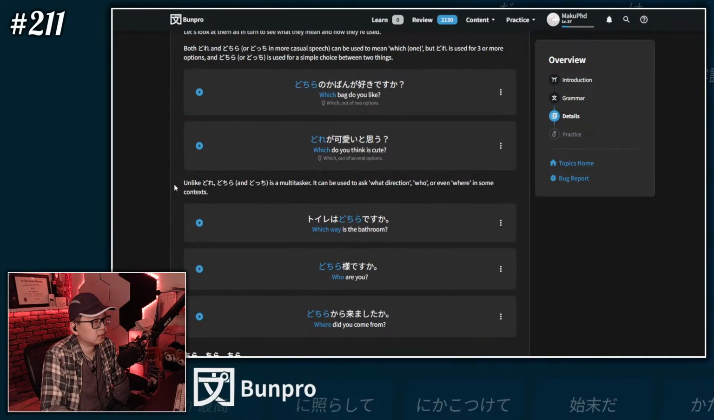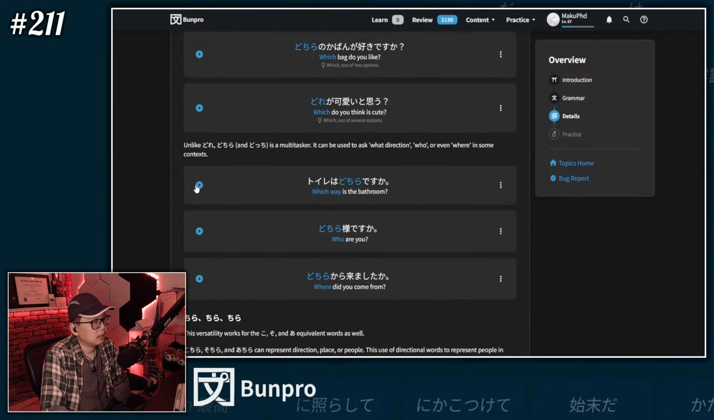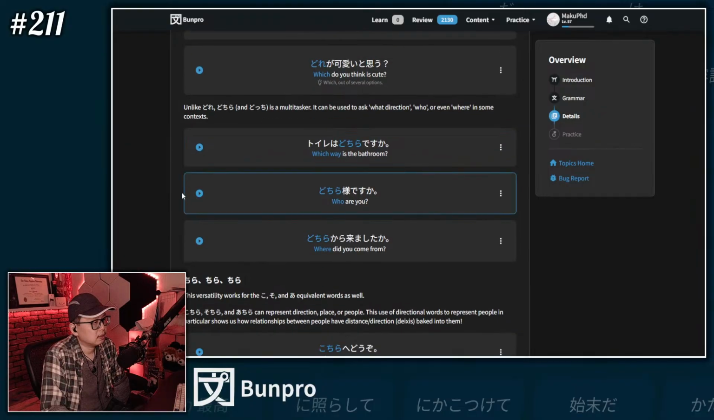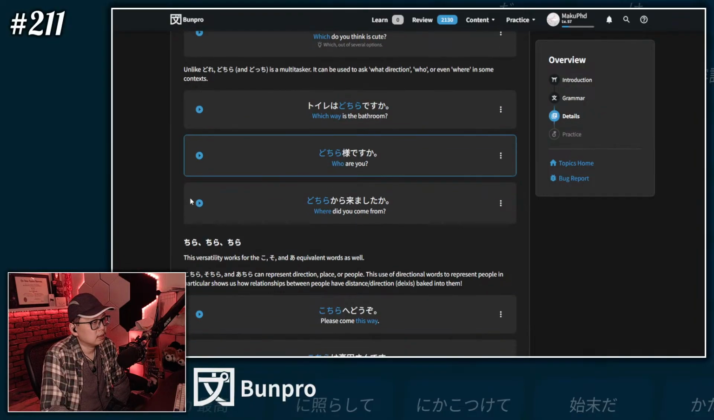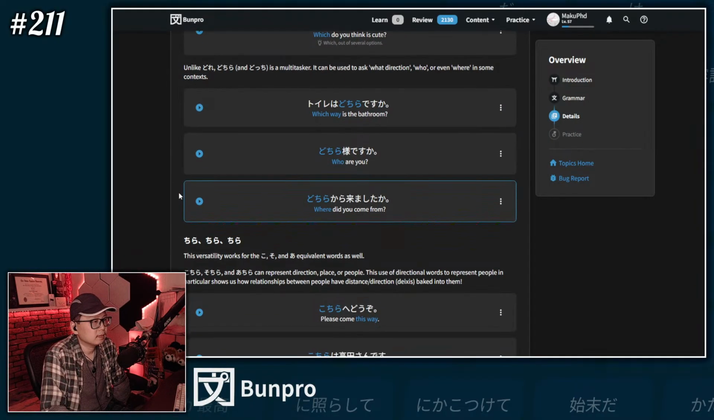Unlike dore and dochi, dochira is a multitasker. It can be used to ask what direction, who, or even where in some context. トイレはどちらですか？どちら様ですか？どちらから来ましたか？